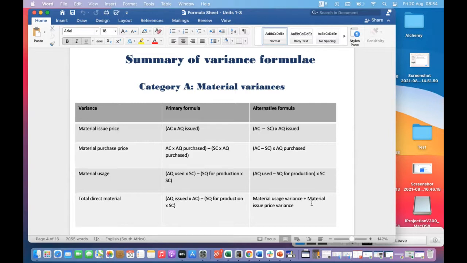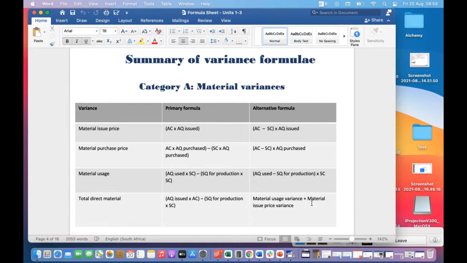So how are we going to be given the figures, the issue or the purchase? You'll be given the figures, but obviously you won't be given the formulas. So you'll need to know these formulas. This is why I put it like this. I pulled this out of your textbooks. If you look there on page 42, it's there, but they just didn't put them all together.